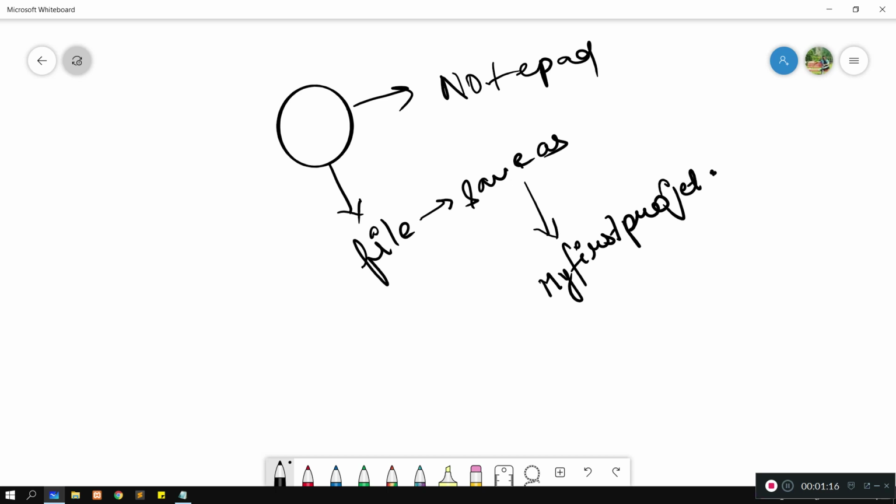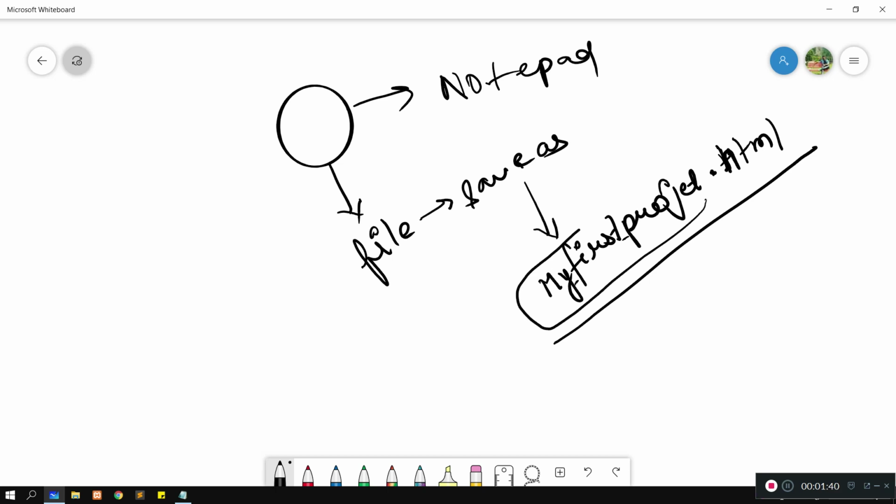Remember, we have to save this file with the extension html. And try not to give any spaces between these words, because that will create a problem later on.